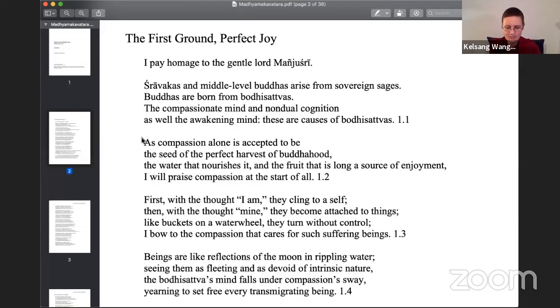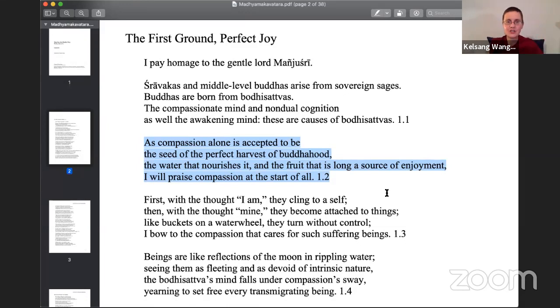Second verse. It reads, as compassion alone is accepted to be the seed of the perfect harvest of Buddhahood, the water that nourishes it, and the fruit that is long a source of enjoyment, I will praise compassion at the start of all. So here, Chandrakirti is saying,